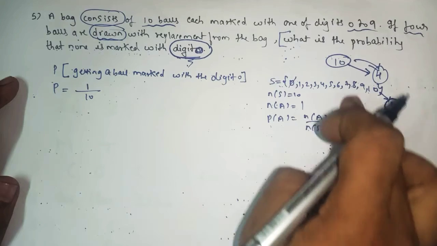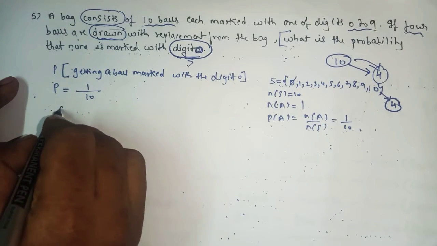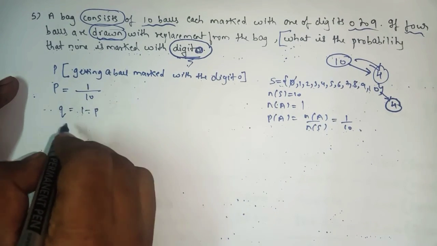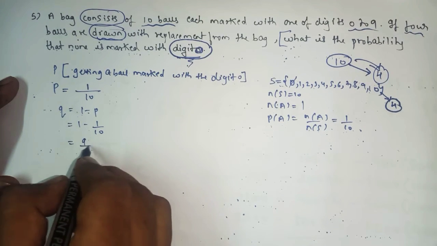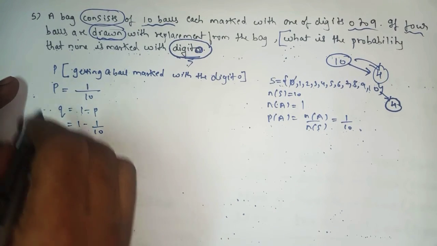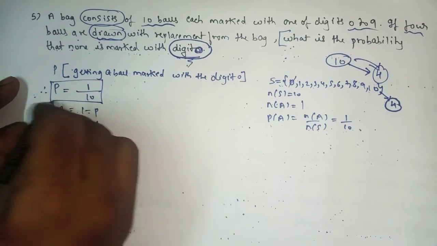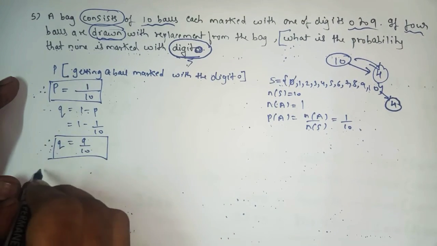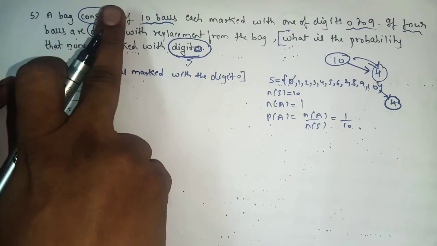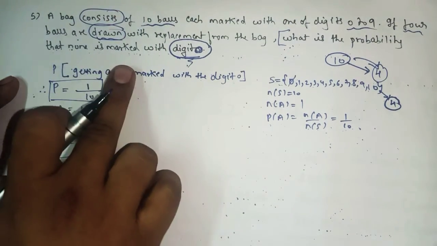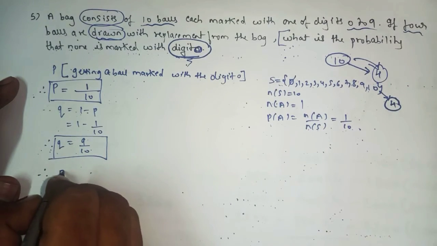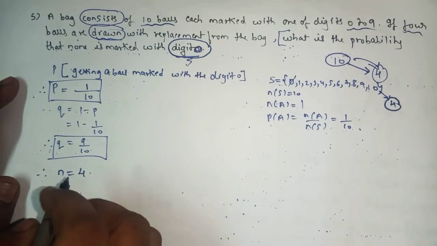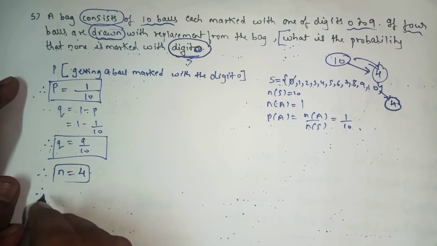Okay, the explanation part. The next will be q equals 1 minus p. So 1 minus 1 upon 10, the answer will be 9 by 10. So here we got the value of p, and the value of q also. Now remember, whenever the words consist and drawn come together, the selection part you have to consider as n. So here the value of n will be 4. Remember this, okay? Then after that you will write x